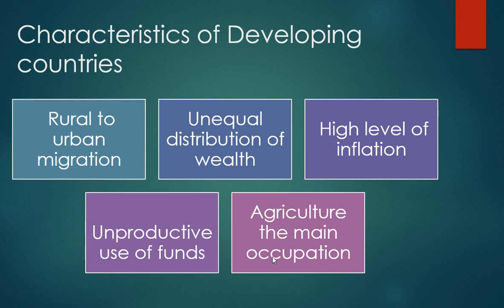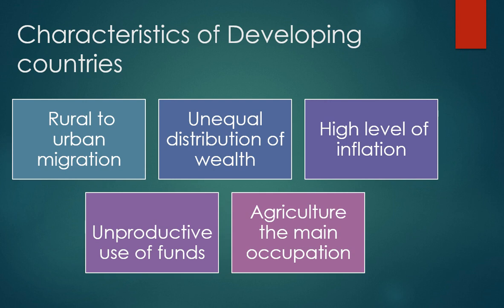And one of the other characteristics of the developing country is that most of the people are affiliated with the field of agriculture. Roughly, in developing countries 70% of the population is employed in the agriculture sector, which provides raw material or produces primary goods. So this gives less revenue for the economy. And